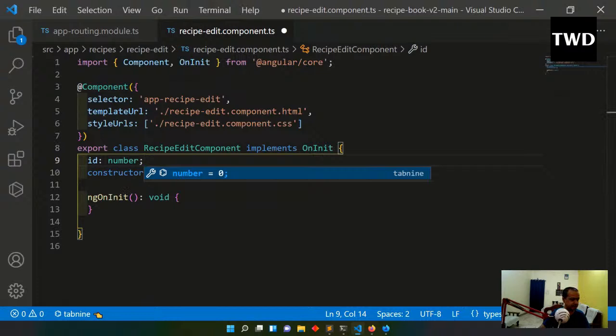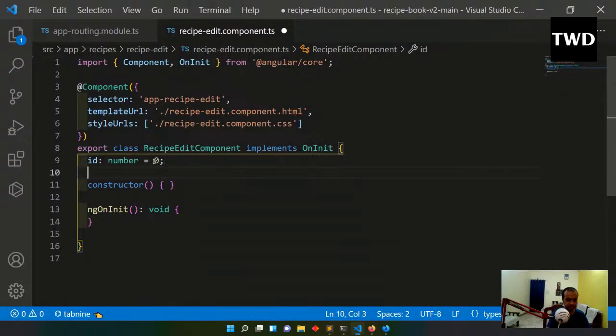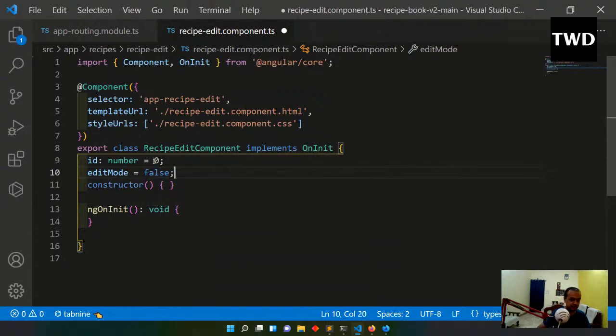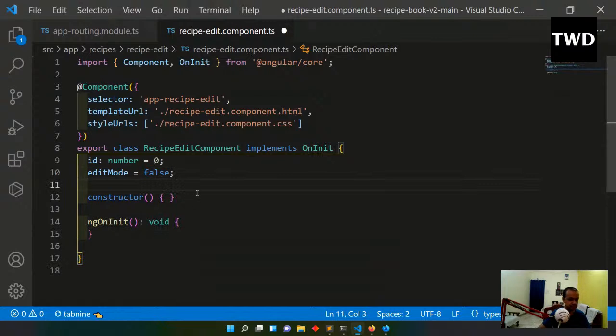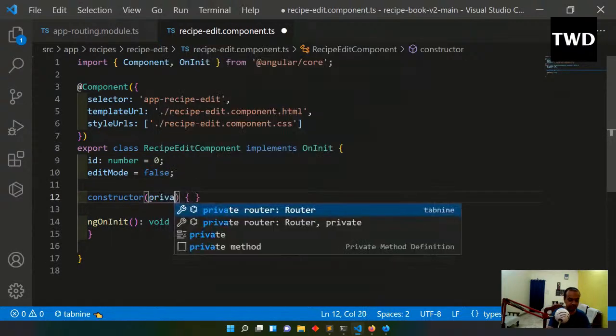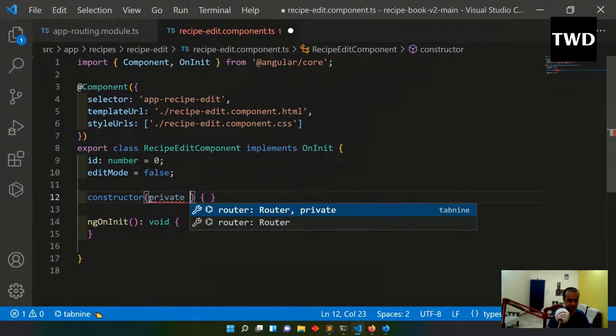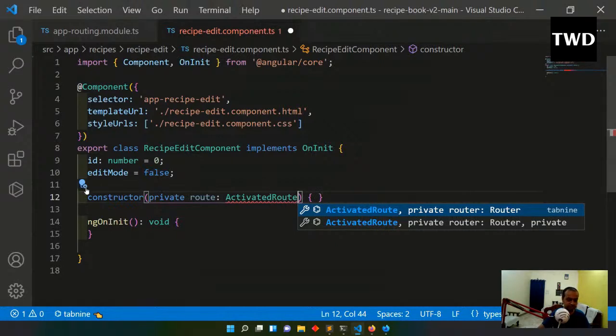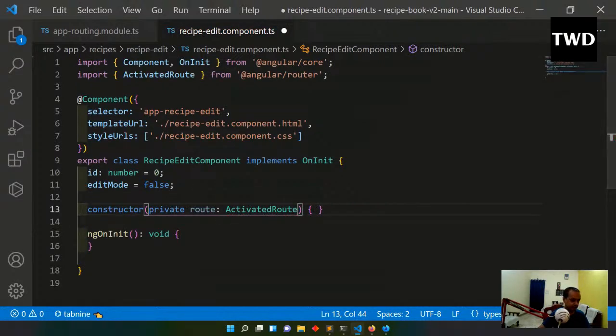So for that reason we are going to have editMode equal to false, and private route: ActivatedRoute, and we have to import the ActivatedRoute, we have imported it, and in the ngOnInit we are